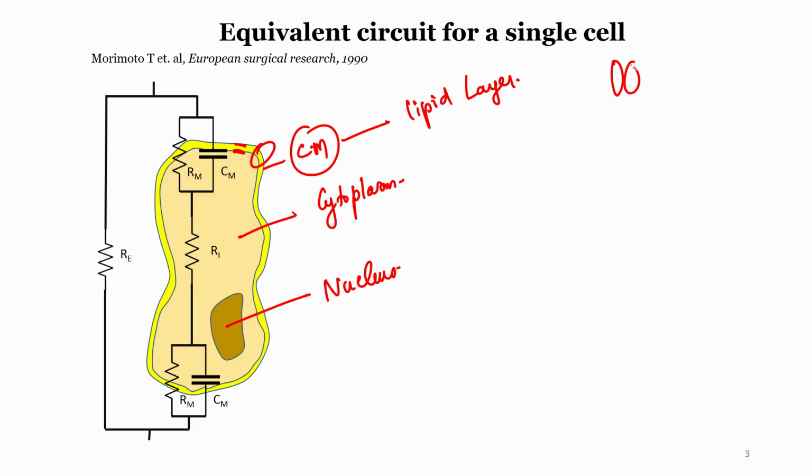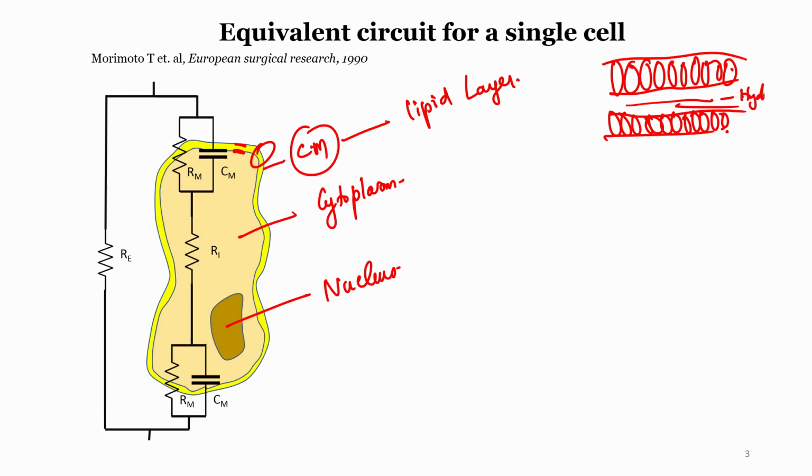I will zoom in. A lipid bilayer is like two layers of fat. If any biologist hears how I am explaining it, they might scold me, but because this is an electrical engineering course, I am simplifying it. So a lipid bilayer is like two layers of fat separated by a void. This void becomes hydrophobic and these edges become hydrophilic. Now what does this look like to you?